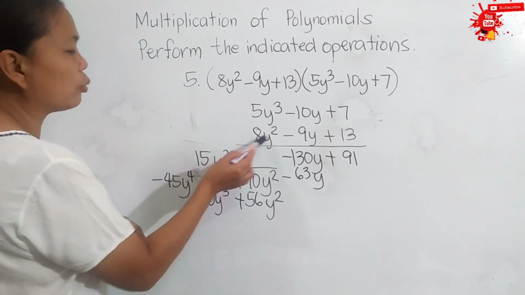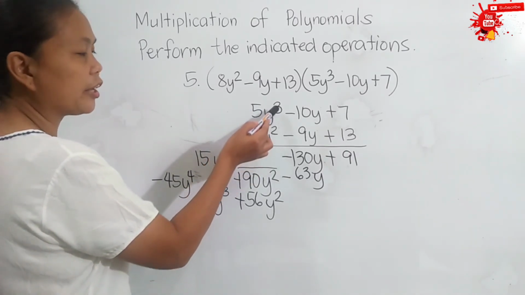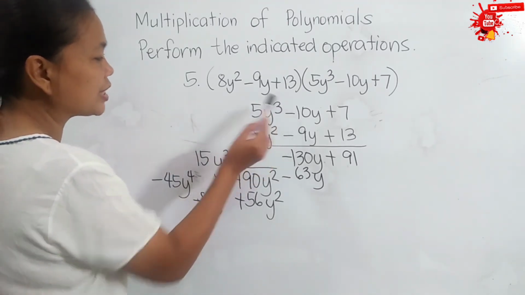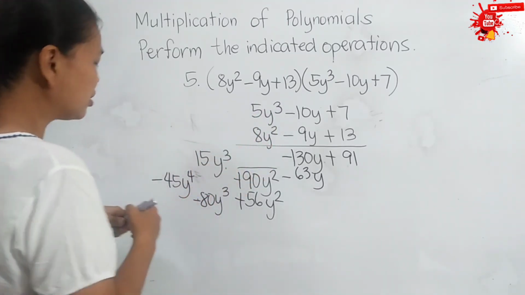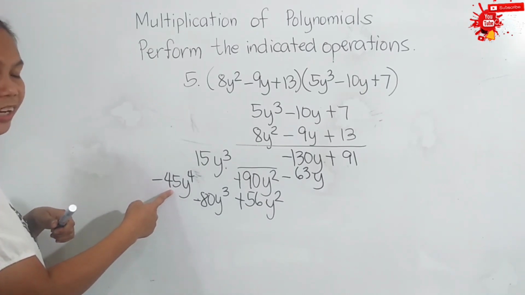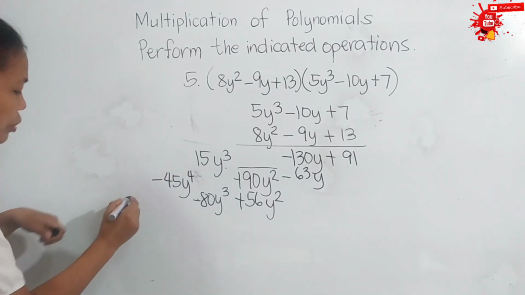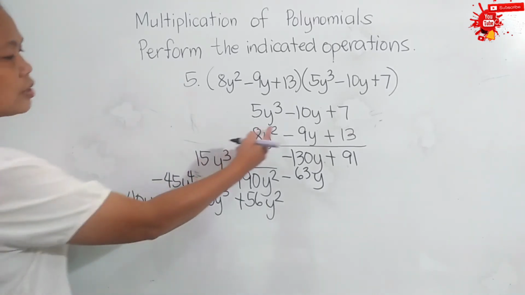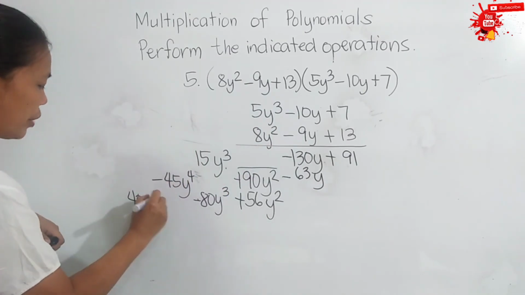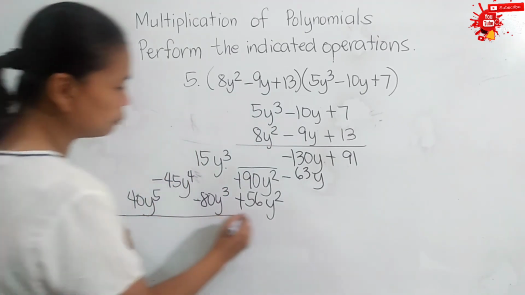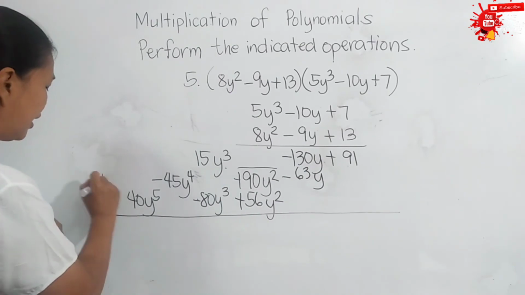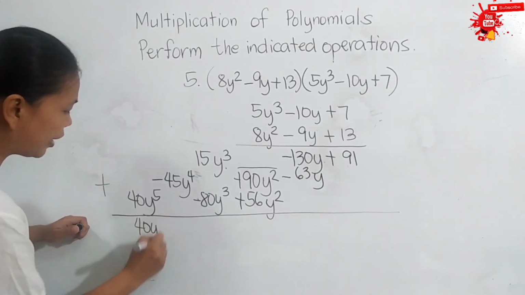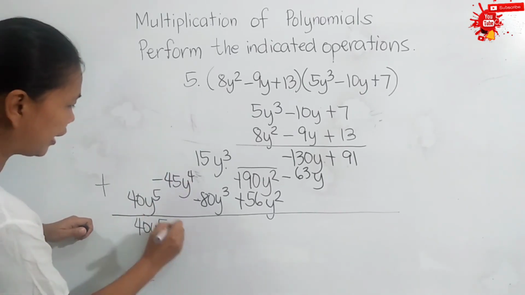Then we have here 8y squared times 5y cubed. So 8 times 5 is 40. Then y raised to 2 plus 3, we have y raised to 5. So this is not similar with negative 45y to the 4th. So we just write it here. So we have 40y raised to 2 plus 3. So we have 5. Then we add the partial products. Okay? So we just bring down 40y raised to 5,